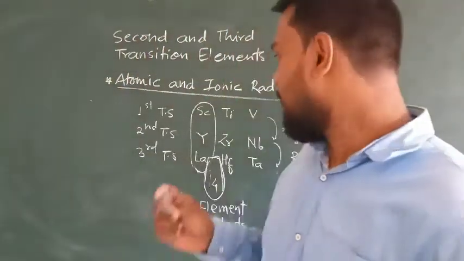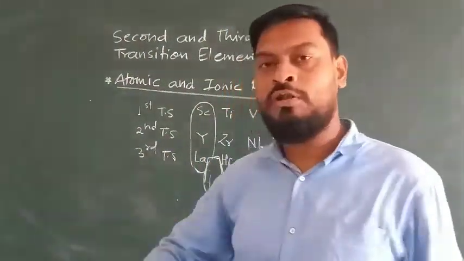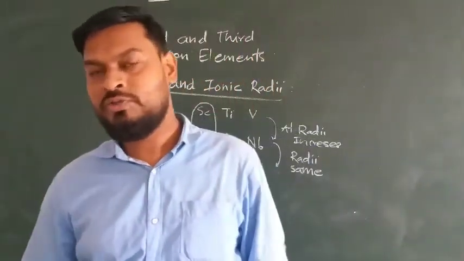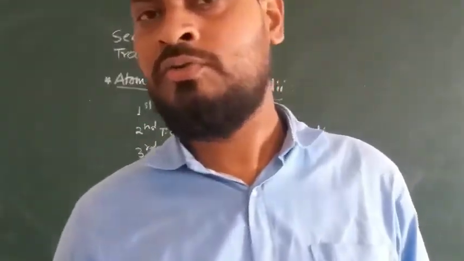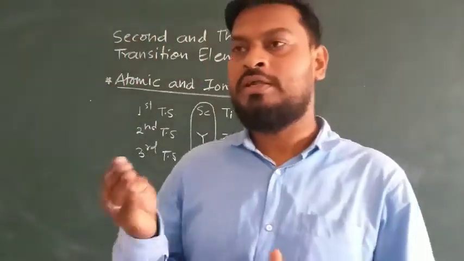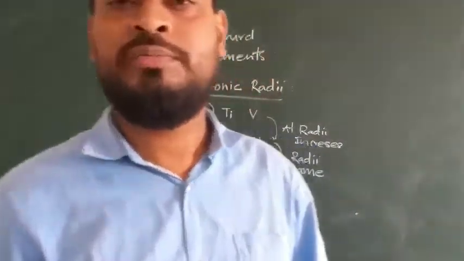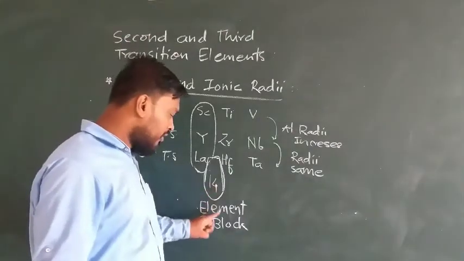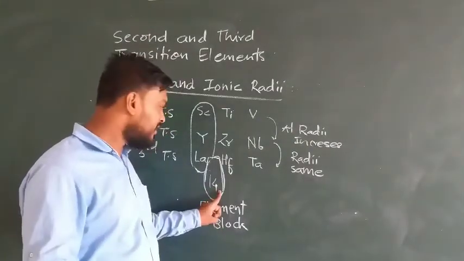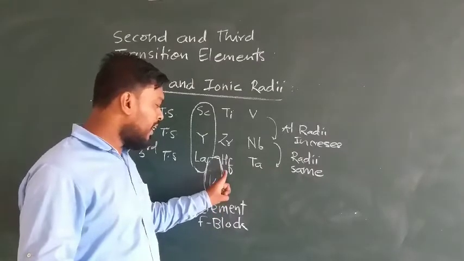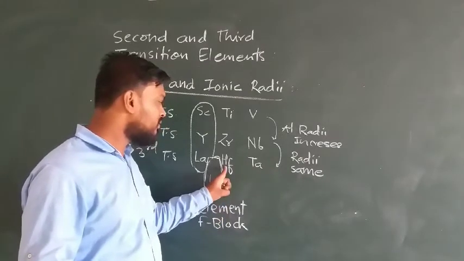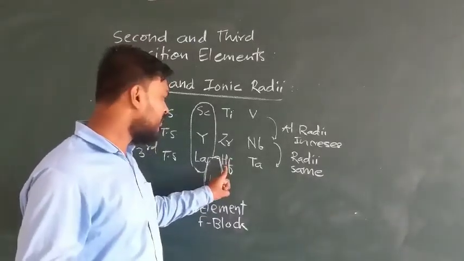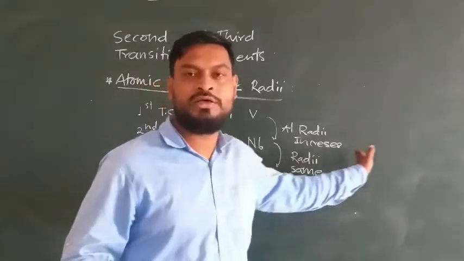Alright, so this is true for all these 14 elements, because there are 14 elements and every element is going to add that F electron into that F subshell, and that will decrease the atomic radii or atomic size of that element. So if the atomic radii or atomic size of these elements decreases, automatically after these elements the same thing will repeat. Alright, the same thing will repeat in the case of hafnium, tantalum and all the other rest of the elements.